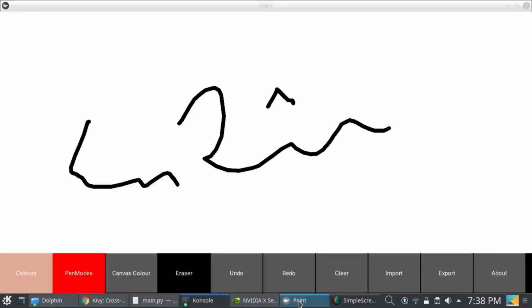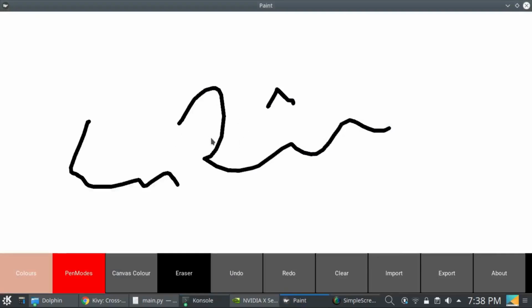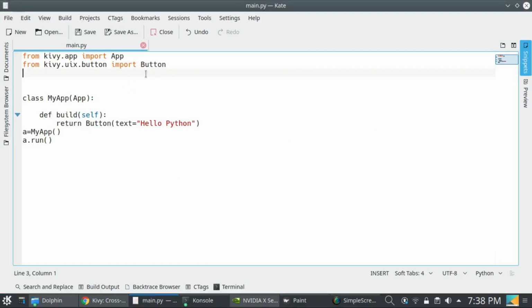So let's open the first tab in Kivy, which I showed in the first video. Here we have imported the App class from the kivy.app file, and Button from the button file, which are in kivy.uix.